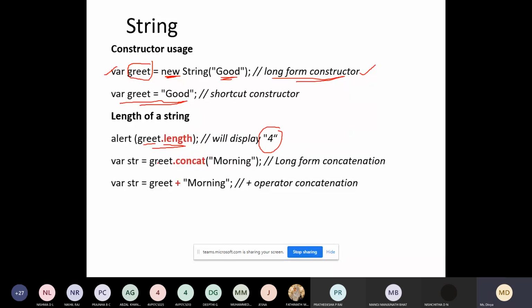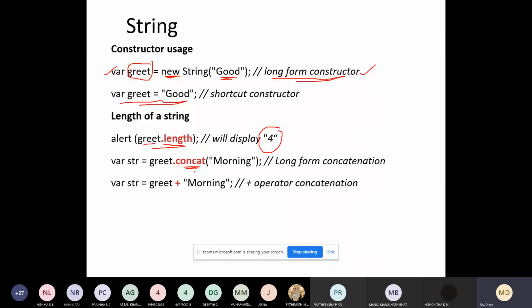Next, there is one more method, concat. What will it do? Concatenate will add. This is one more common way to join strings together. Either you can use plus, or you can use the concat method.